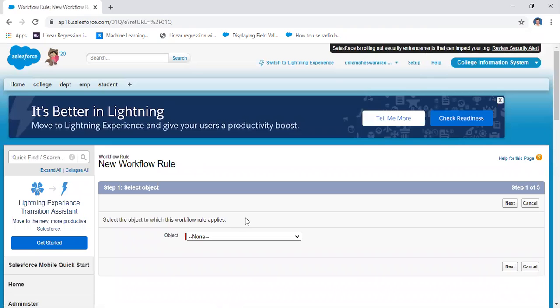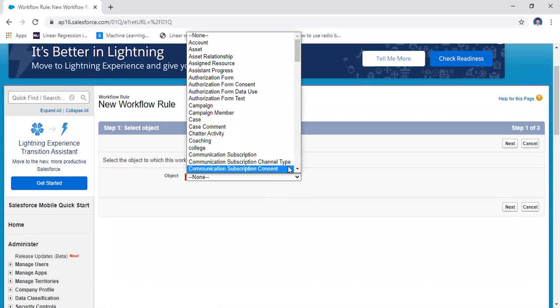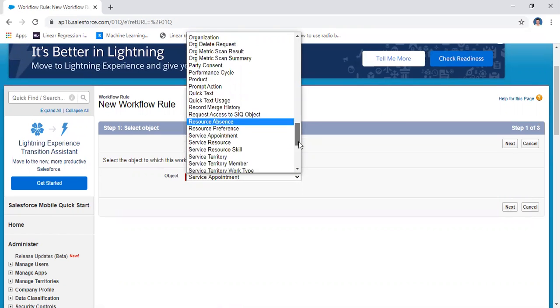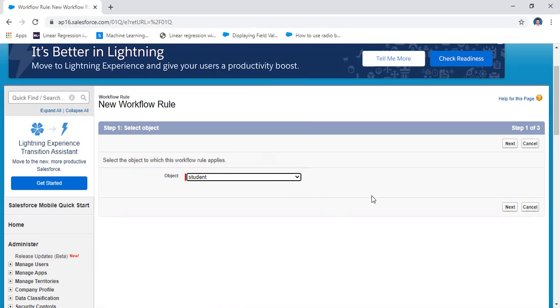On which object are we going to create the workflow? I'm going to create the workflow on the student object. Select the student object and click New.